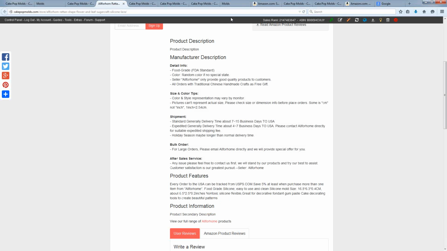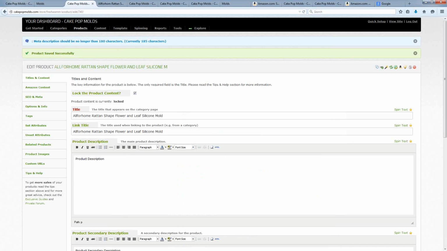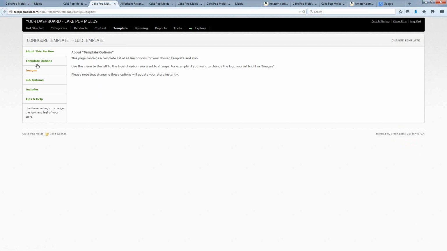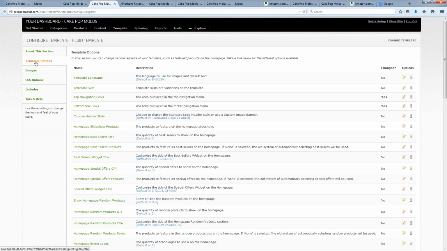And now they label this one as product description and they label this one as product information. However, if you want to change any of these phrases that are used for these different sections, you can actually do that really easily. If I go to template and template options, and then click on template options over here on the side,